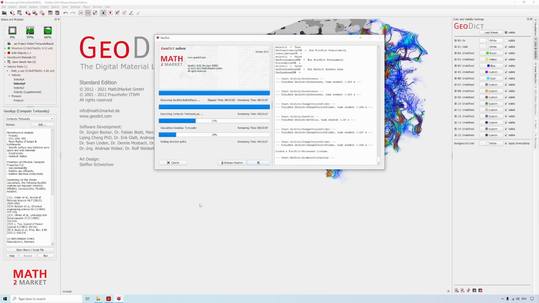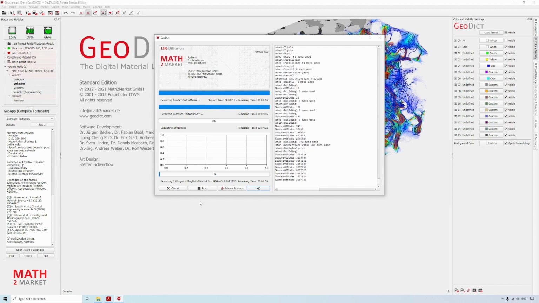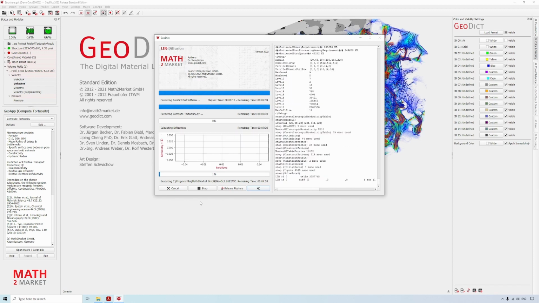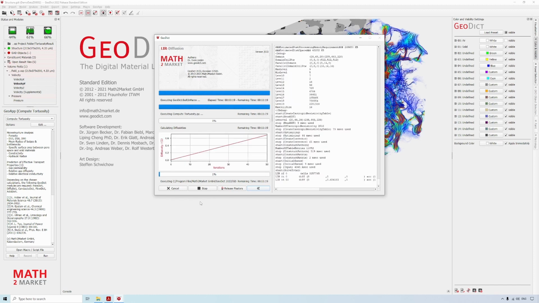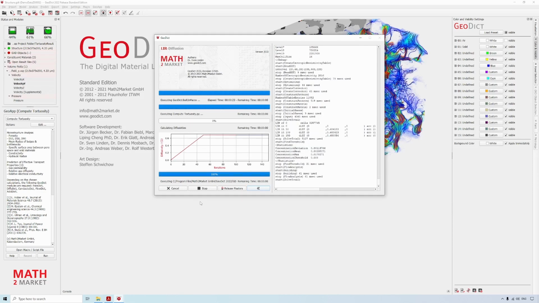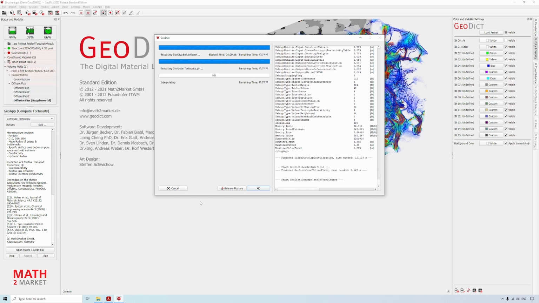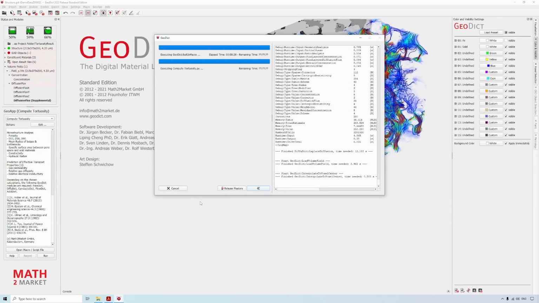This will start various geodesic simulations and analysis and extract the tortuosities from them. For example, from a diffusion you can extract tortuosities, and you can extract tortuosities by analyzing the percolation path. You have seen the percolation path before and how it was going through the structure in very different ways.